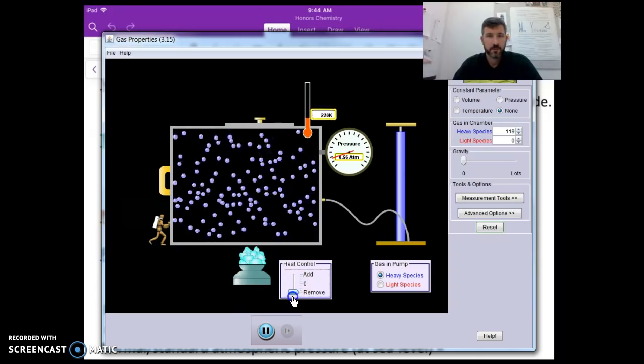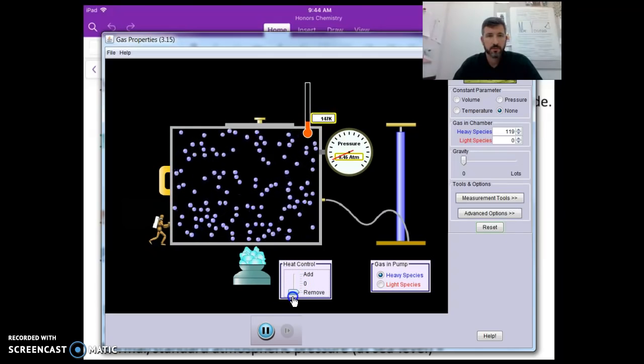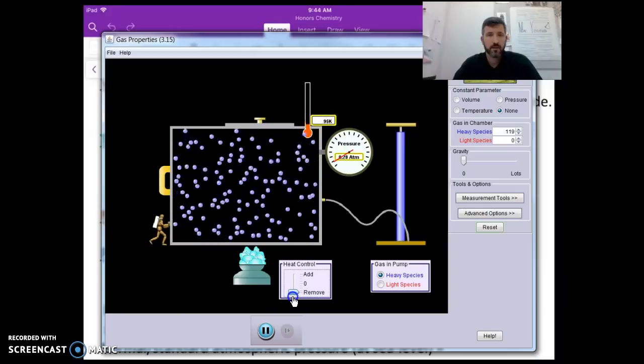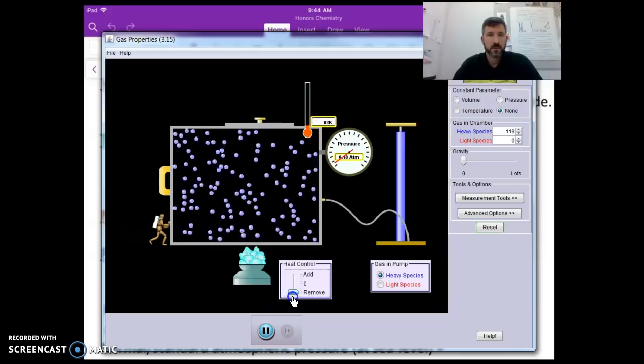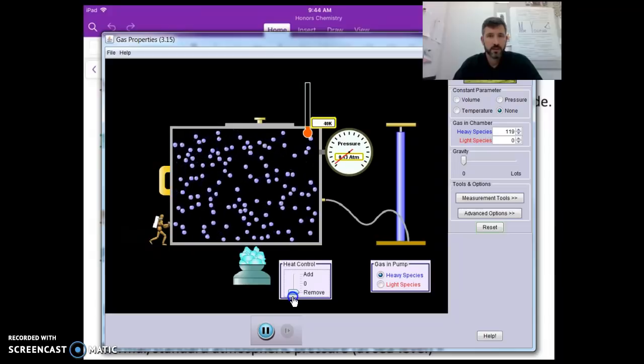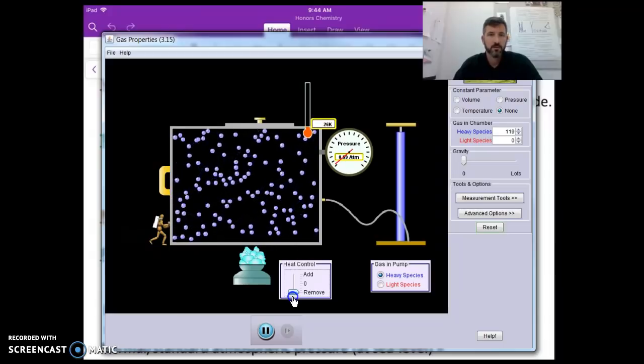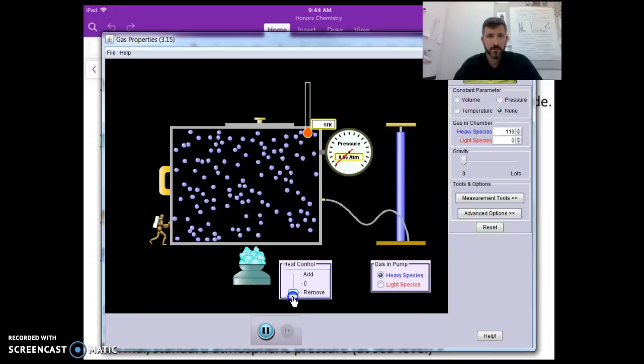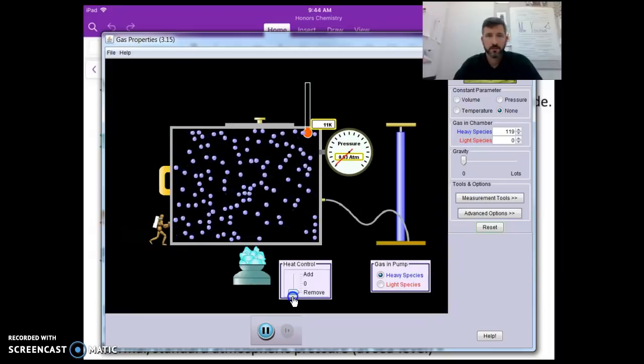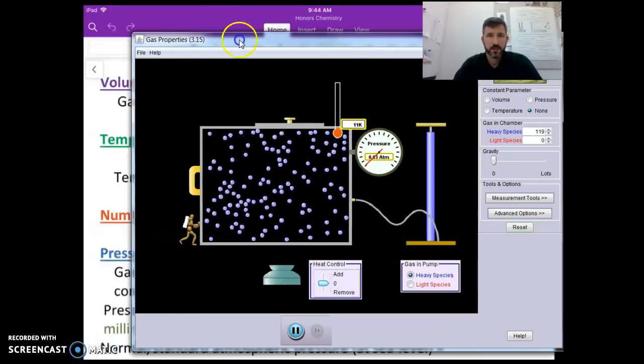If I lower the temperature here, you can see the particles slow down and slow down and slow down, and the Kelvin temperature is dropping, but the slowest they can go would be 0 kelvins, because that would mean 0 movement. And so that's the important thing about kelvins. All right, and I'm not going to take the time to go all the way down to 0,